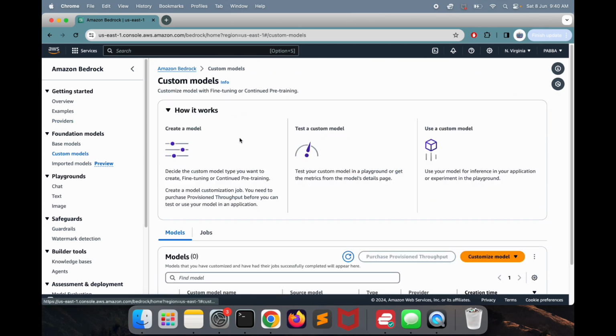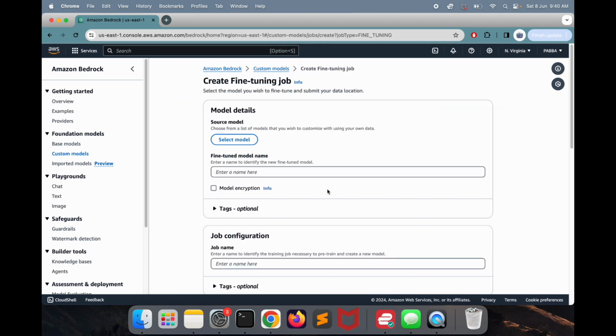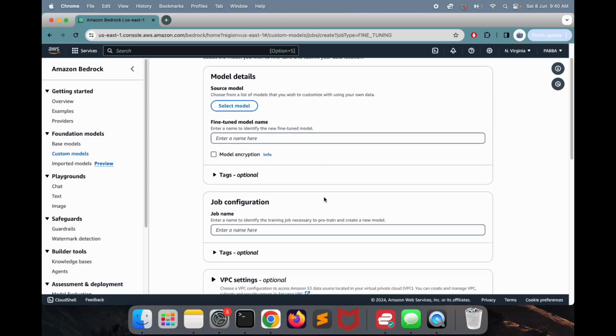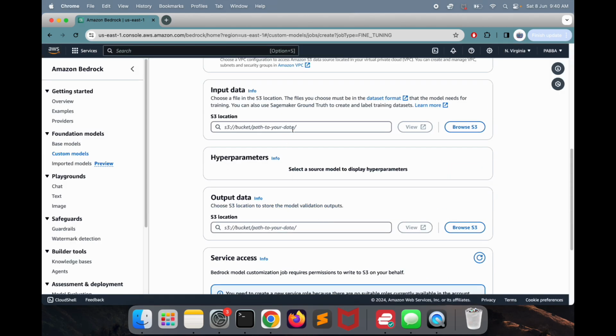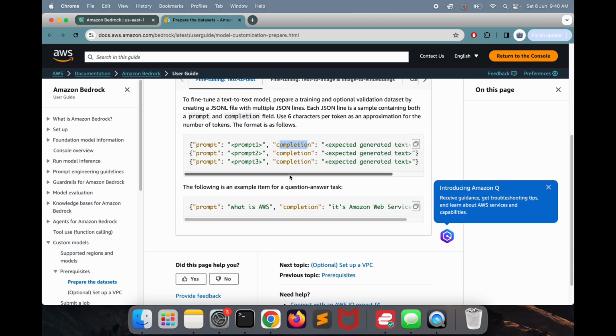Next thing is custom models. Custom models is something you use when you want to fine tune some base models on your data. So you can actually fine tune a model. You can just name a model and select which model you want to fine tune on, and then you provide the labeled data set of your specific data, which has a data format. So you can see the data format here, which has a prompt and a completion, or it depends on